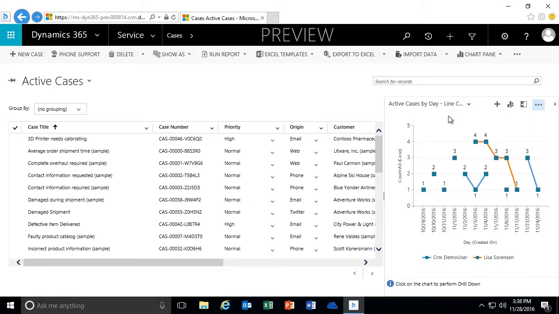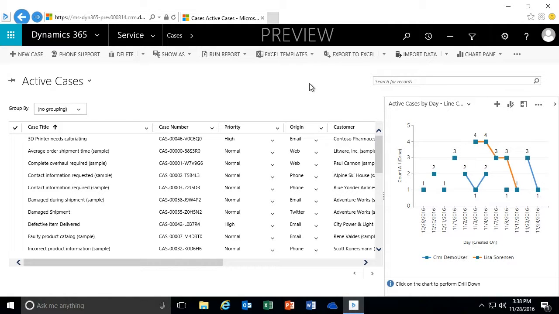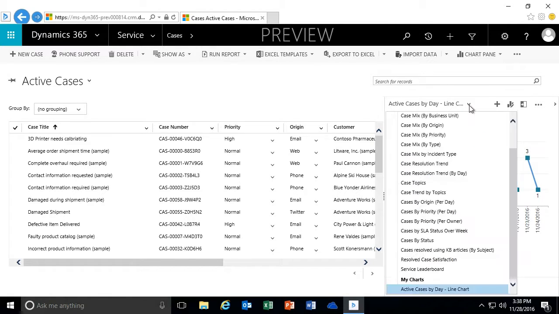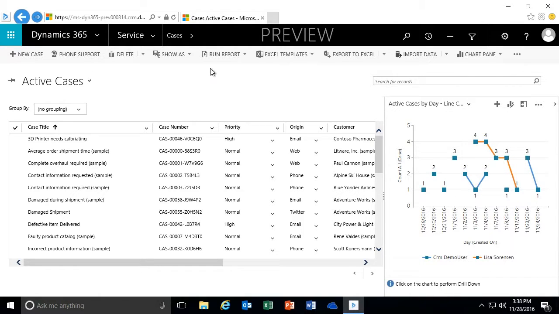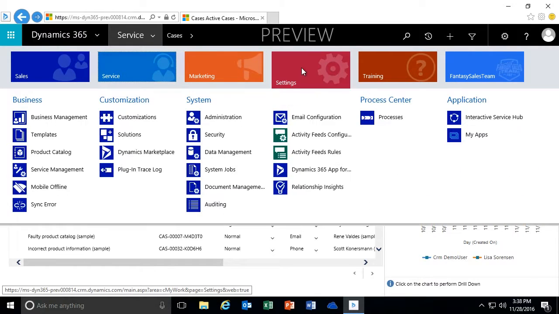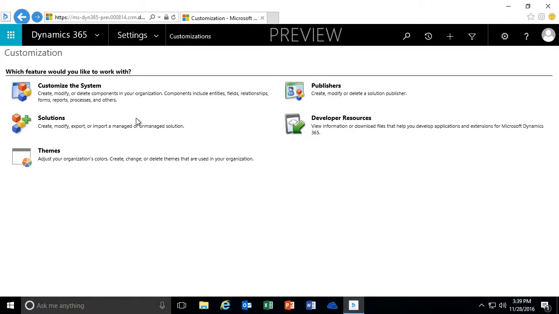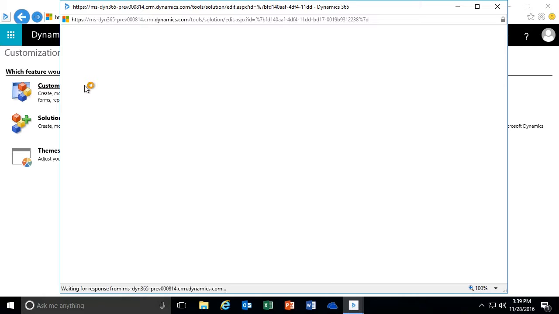Now, as I mentioned earlier, this is not the only way that you can create charts, but by using this method, it allows you to create personal charts. If you want the ability to create system charts so that any user can use them when they're analyzing the data, then you also have the option of going under settings, and from settings, you can go to customizations. And if we go to customize the system,